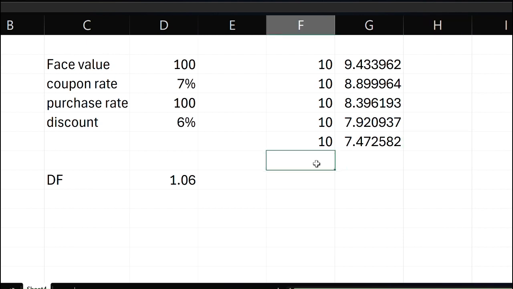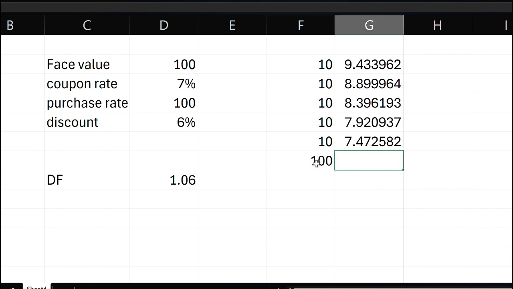And finally, since you have already paid the face value of 100 rupees, 100 rupees will be returned to you. So you will get 100 rupees at the end of the fifth year. This is the interest which you got for 5 years, and this principal also is repaid. Let us see what is the present value of the principal after 5 years. We have to multiply it by 5 times the same discounting factor.